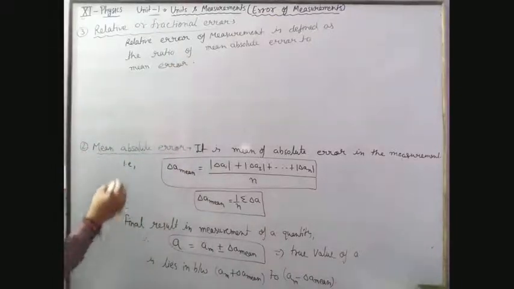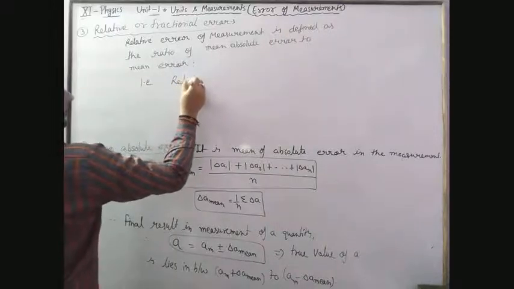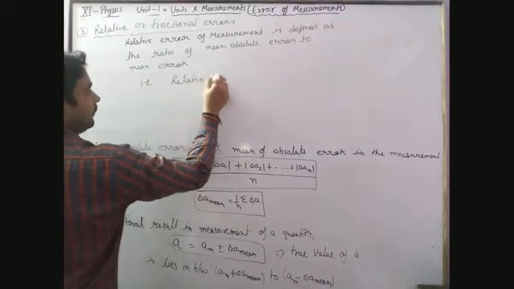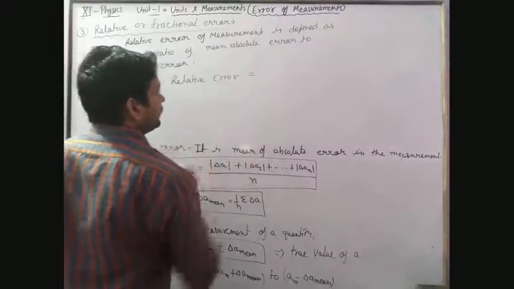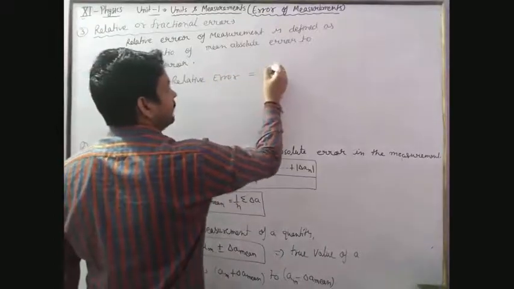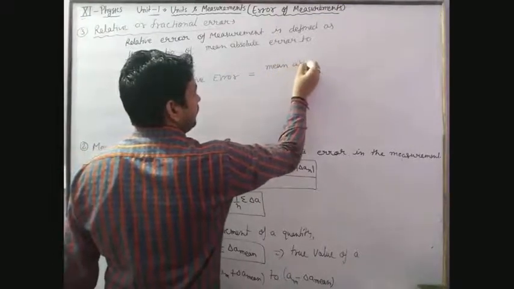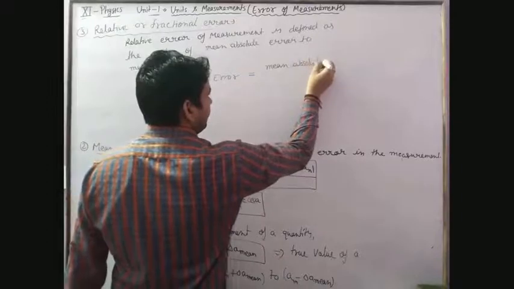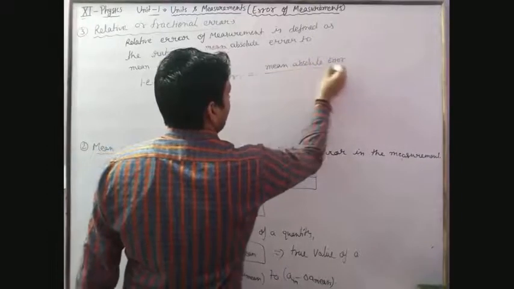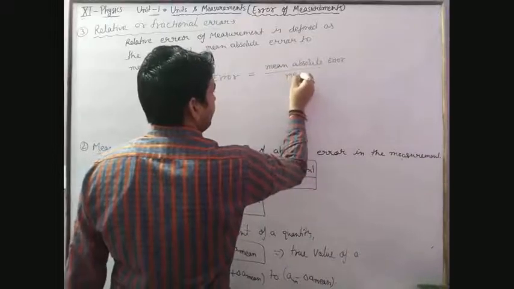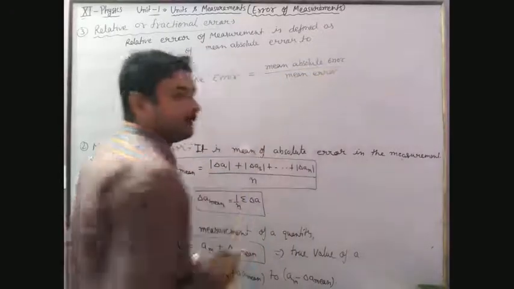Mean error, that is relative error, is equal to mean absolute error upon mean error. Okay, that means